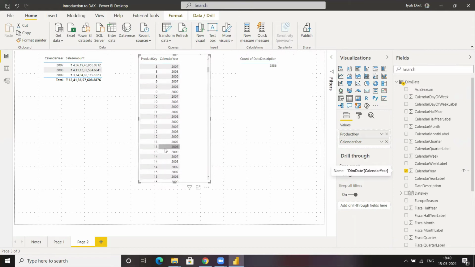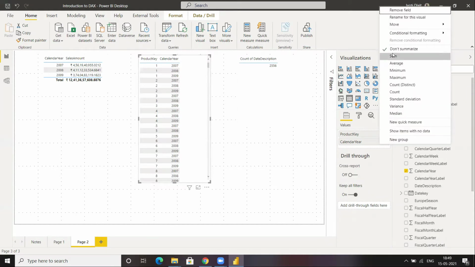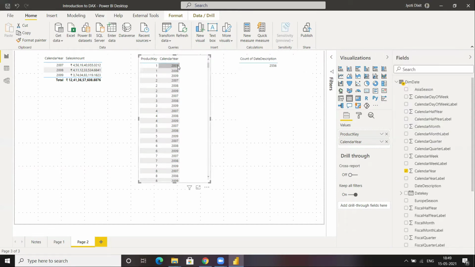So it is producing the same result for each of the product keys, even if I am not summarizing it. I am not using any aggregator function on this calendar year, and I am just using it as it is, and it is producing such a result in front of me. But it's not possible.